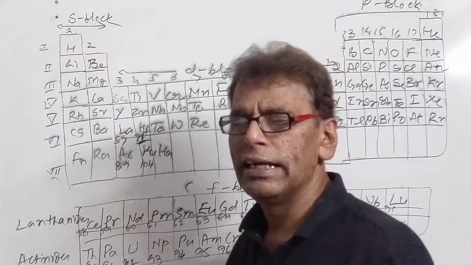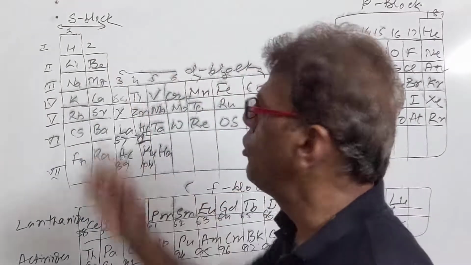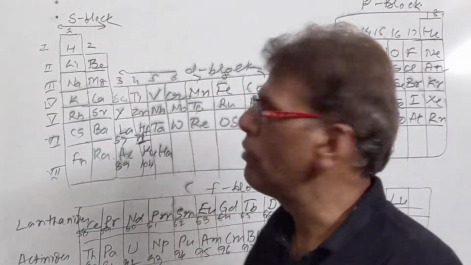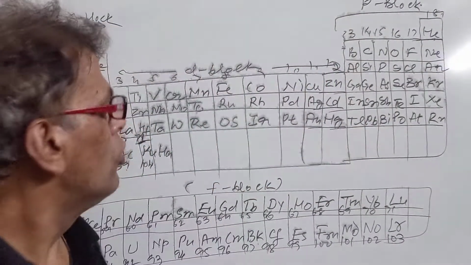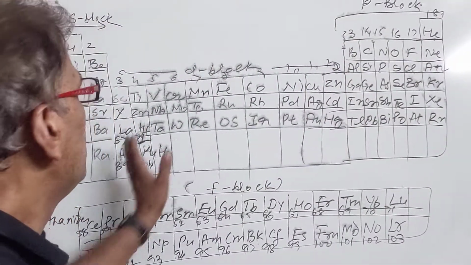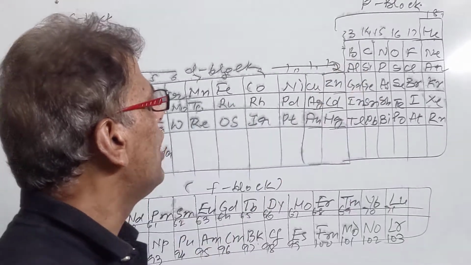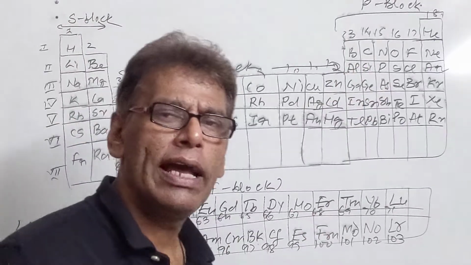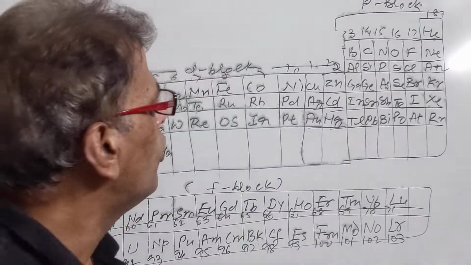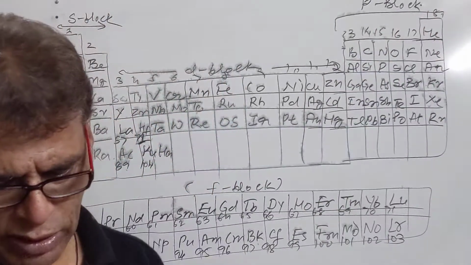So valency on the basis of their combination with hydrogen, chlorine and oxygen comes out to be 1. In this case it comes out to be 2. So valency depends upon the number of valence electrons in their valence shell. So they have valency 1 and 2. Then we come to this side of the group. The boron family has 3 electrons in the valence shell. They can show a valency of 3. The carbon family has 4 electrons. It will show a valency of 4.